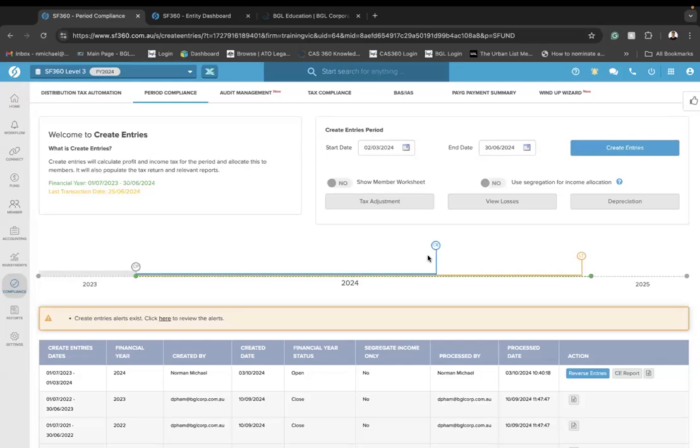So, for example, the problems that might happen, especially with pension commencements, is if people accidentally record transactions in the period before the pension commencement after you've processed it. So maybe you've edited transactions or you've added extra transactions. Now, if you add or edit transactions in that period before the pension commencement, it may have a material effect on the member balance that you would have started a pension with. Now, by having the create entries locked in,